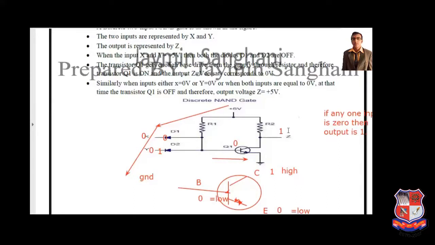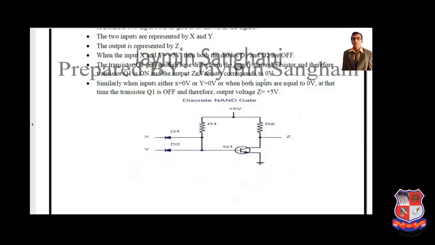So also we can get second case, output is 1. But what is the interesting case? The last case is very, very interesting. See this. Here we can apply 1, 1. Now see this. Here we apply 1, 1. So diode acts as a reverse bias. See this. Now diode cannot conduct the current.